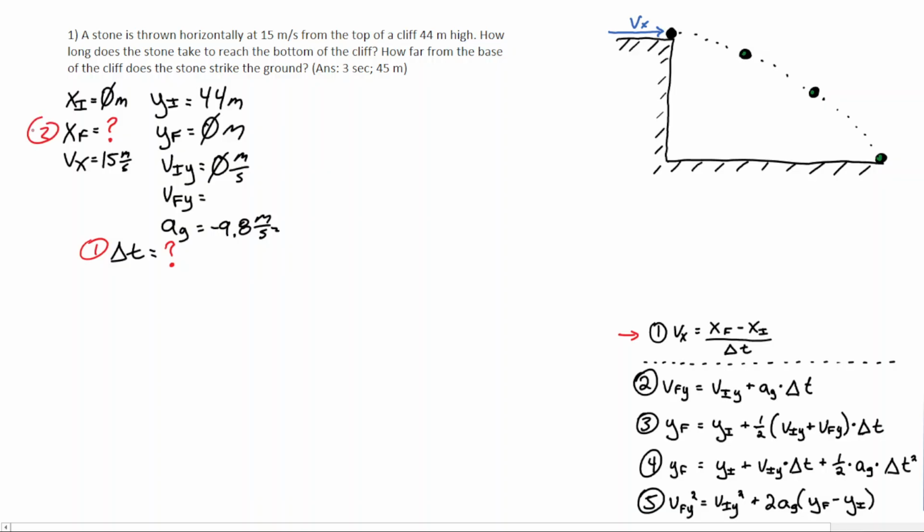Okay, so once again, the quantity that we don't care about is the final velocity in the y direction. So wherever we see that, we're going to say we don't care about these equations. So all we're really left with is equation number 4. So we're going to use that to find out what our delta t is equal to. Okay, so let's just plug this in. Let's go from here. All right, so we have yf